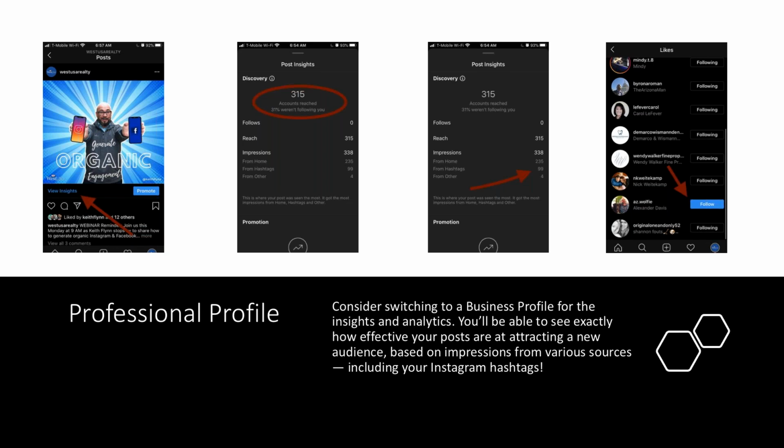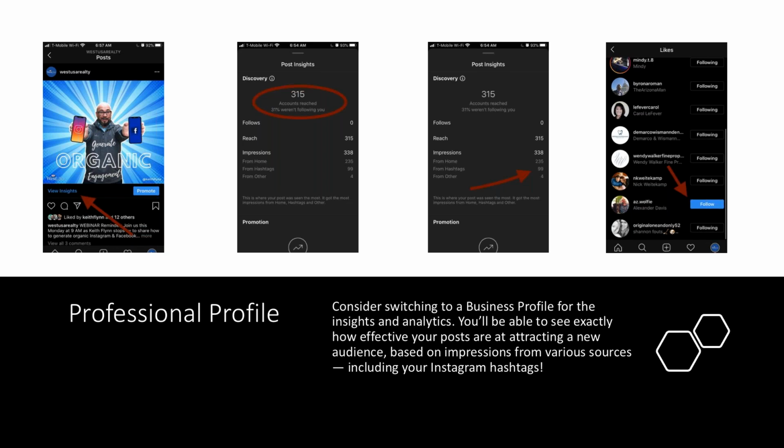And on that last screenshot there, scrolling through, you can see of the people who liked my content, I'm following them, I'm following that person, I'm following that person. And I finally get down, I see, okay, someone liked my content that I'm not currently following. That's an awesome opportunity for me to hit follow and engage them in a conversation and build that relationship. So very powerful analytics there, and it'll really help you out with building your audience.